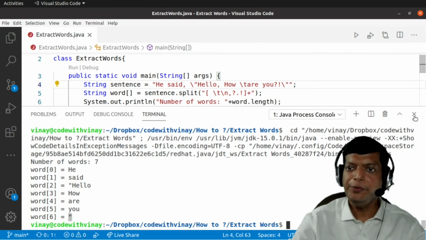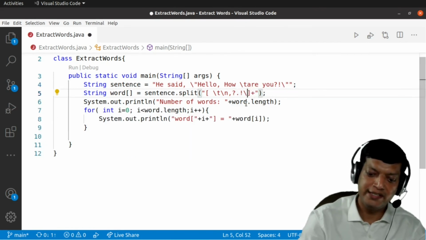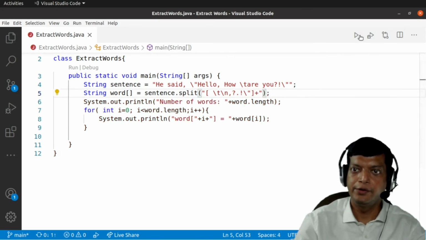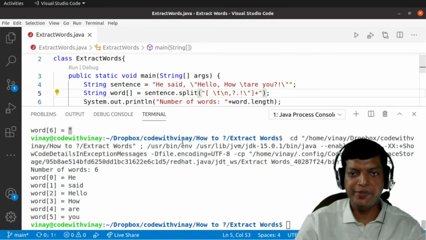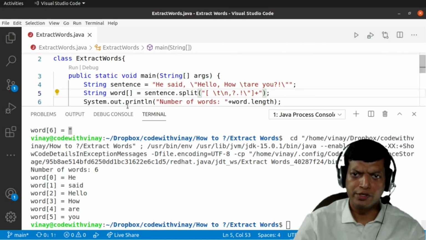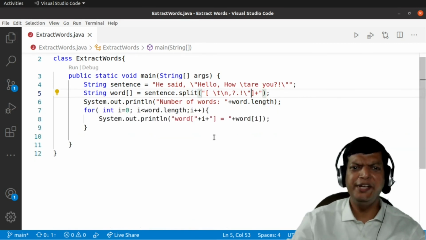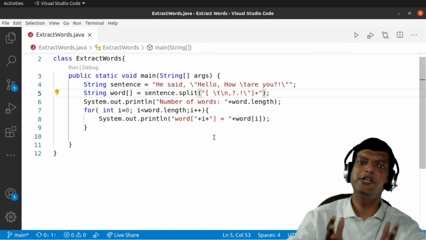So what we can do is, if you want to handle double quotes also, you can give it as an escape over here. So now if I say run, our program is working perfectly. So we can give multiple spaces, multiple punctuations, and the program will still work. So this is how it is done. And there is no need to run a loop, take out the character, check for these. So this is a very simple and straightforward method.